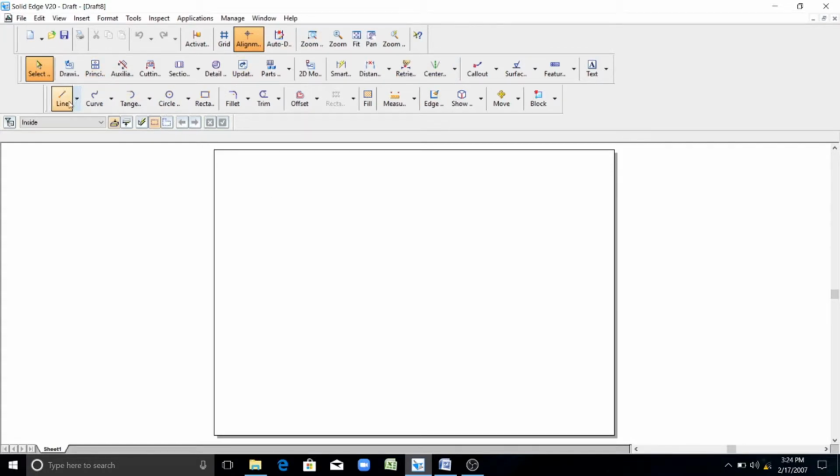Now you have to draw the isometric projection. Initially you have a base of square prism of 60. So for that you have to select the line option here. Once you click on any command, in the bottom you can see it will display some message, so that it will be helpful for completing that command. It will show the instruction to be followed to achieve that command. See here, when you click on line, it will say click on the first point of the line. So you have to click anywhere for the first point of the line.